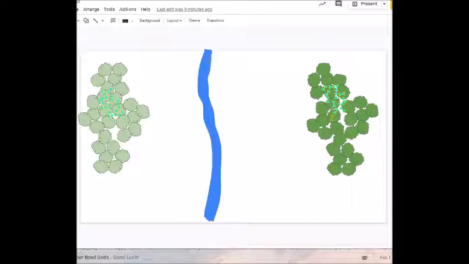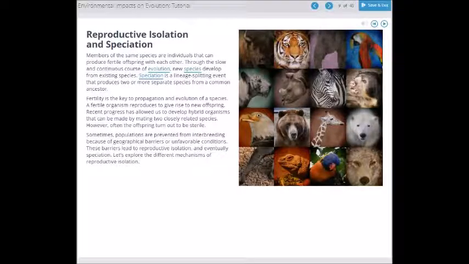Now I want you to remember this as I go through this tutorial. So here are some terms, reproductive isolation and speciation, that I basically just used. Okay, so speciation is the creation of a new species, or 2 or 3, but it's whenever a new species appears,